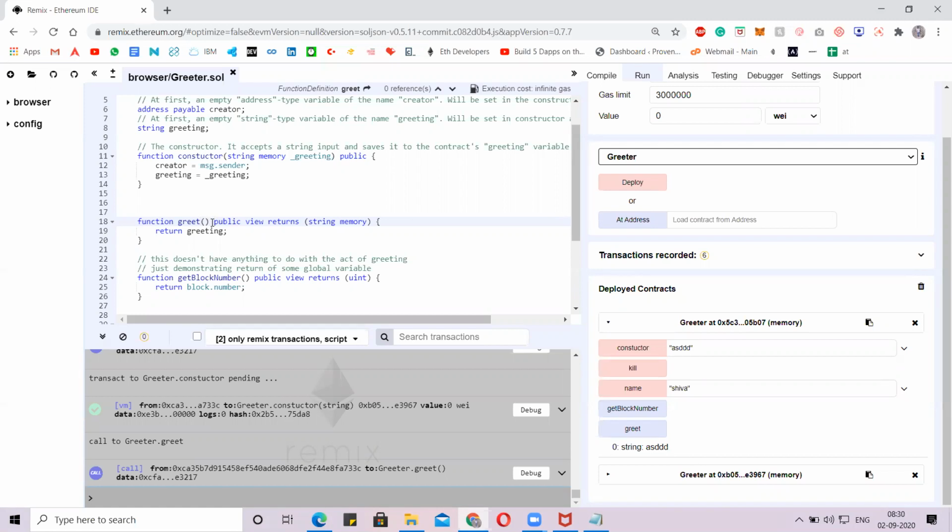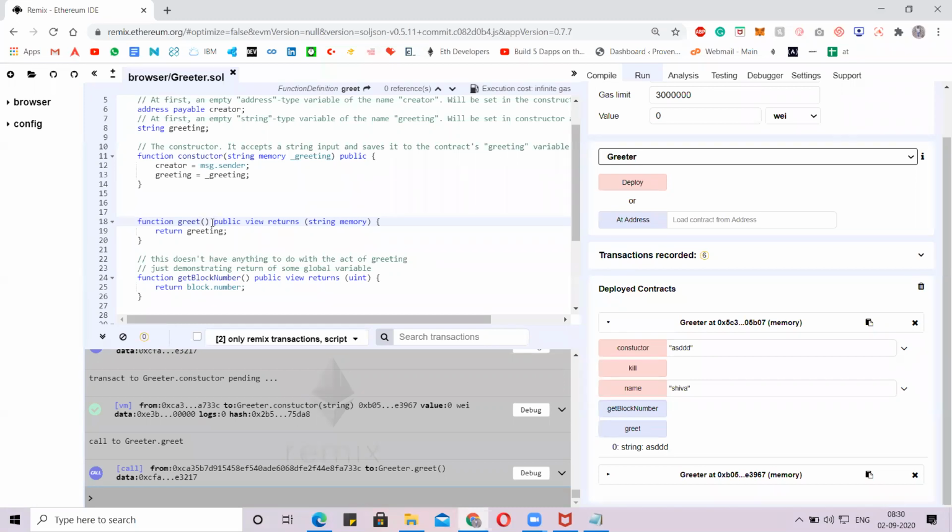Okay, so how are we telling the contract that this function has only get functionality? Can you tell me fast? Guys, you have the code first. Tell me how we are telling the contract that this is a get functionality. How fast?